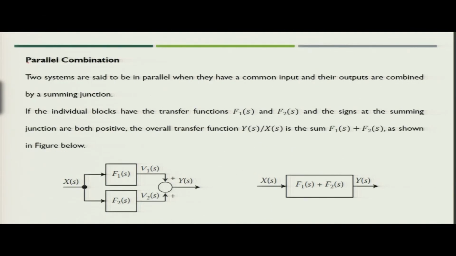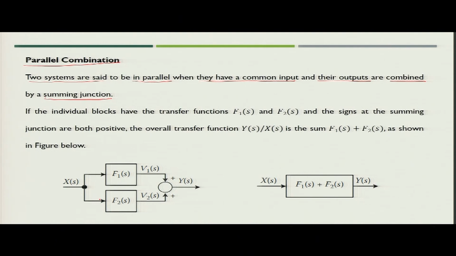Now, if the blocks are in parallel combination, it means two systems are said to be in parallel when they have a common input and their output are combined by a summing junction. So, if you see this figure, here F1(s) and F2(s) are the two subsystems. The transfer functions of these two subsystems are F1(s) and F2(s), and these two systems are given the same input,